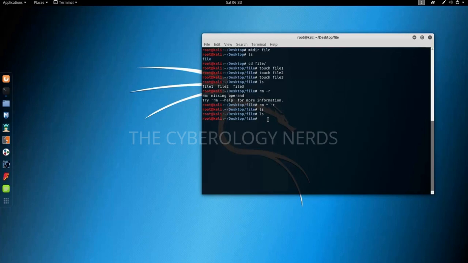The reason this is so dangerous is because if we go to the root directory and type the same command, rm *-r, it will basically delete all the files on the Linux system, which will make your Kali Linux machine crash and not work anymore. I'm not sure if they updated it and if it asks for confirmation in order to run this command, but we will not test it here because you would be deleting all of the files